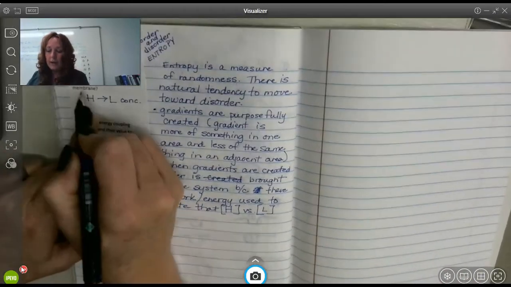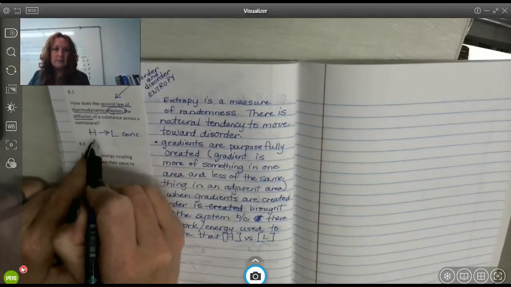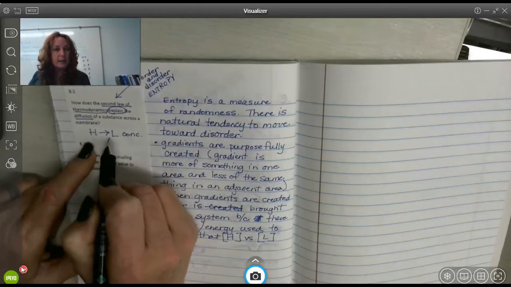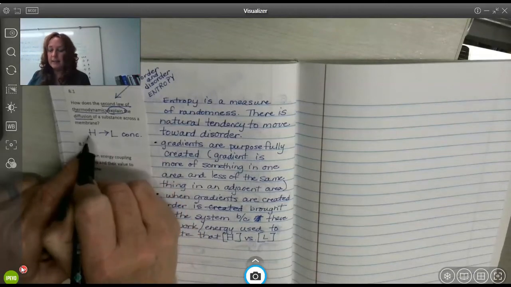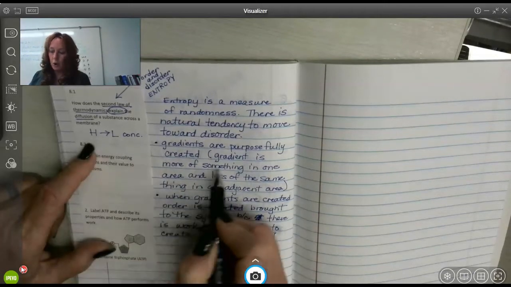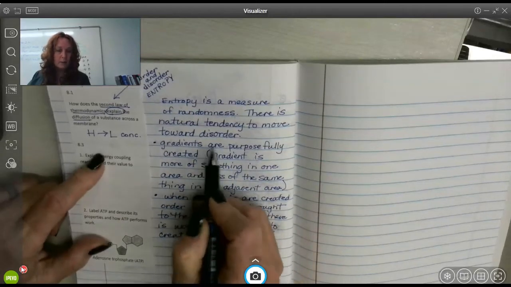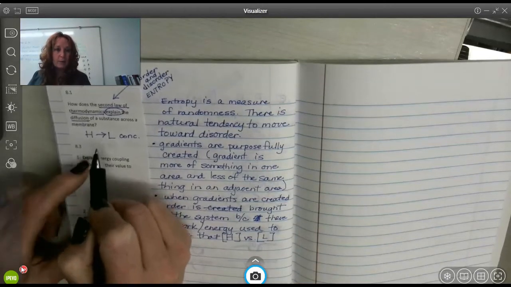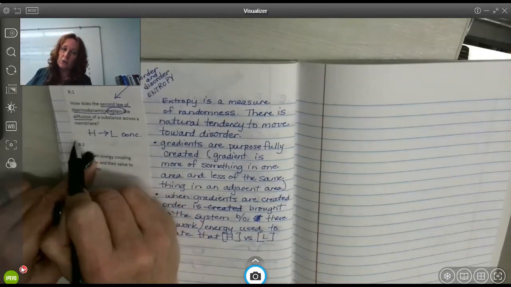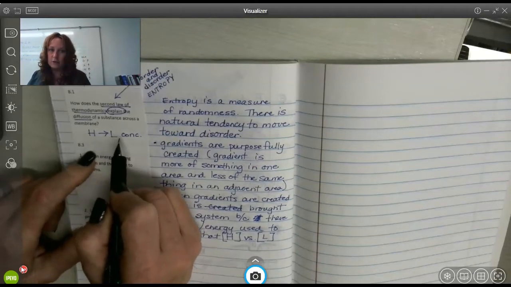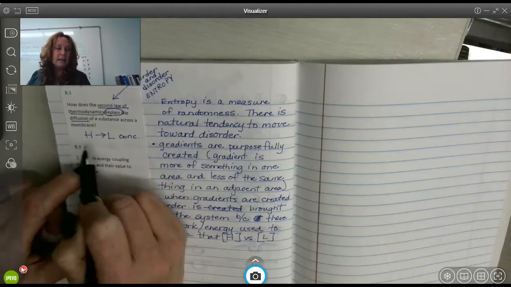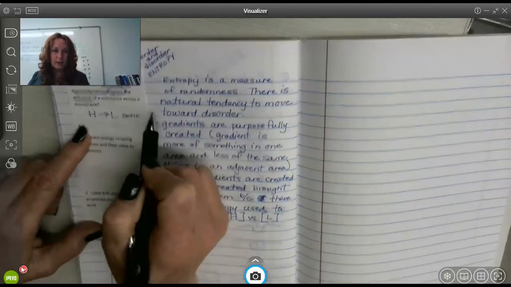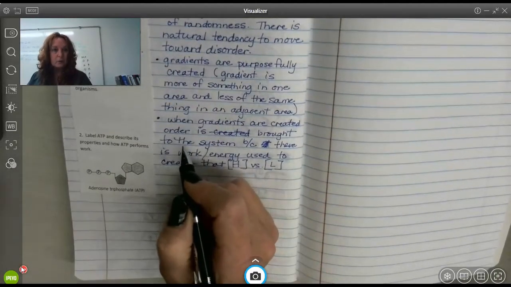So when you have diffusion and it's moving from high to low, this will occur until there's dynamic equilibrium, so that there's this equal concentration across this barrier, whatever it was that was separating the compartments, and then you'll have just dynamic equilibrium, which means whatever number of molecules cross to one side, the same number cross to the other side. So the concentration has been equal. So it will naturally fall down its concentration gradient because things move toward disorder.